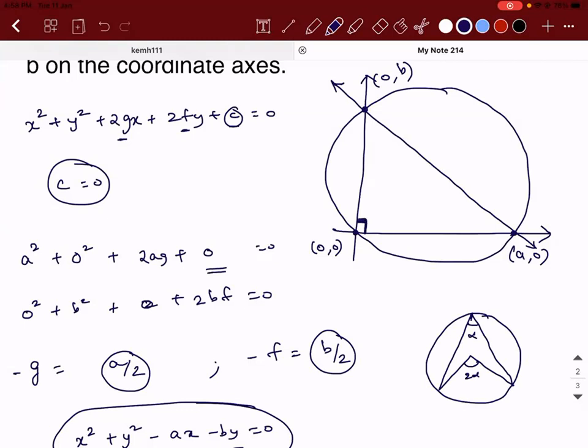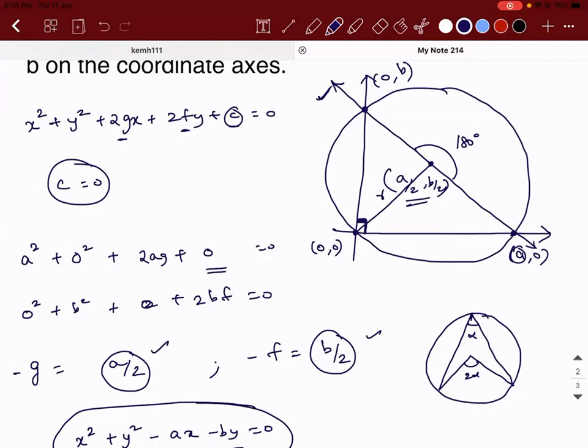So the angle subtended is 180 degrees here. Sorry, 90 degrees here, so it is 180 at the center. When it is 180 degrees, the center will lie on this line, which means this line itself is a diameter. Are you able to understand what I'm trying to say? When this is the diameter, the midpoint will be a by 2 comma b by 2. Is that what you got as center? If you join it from the origin to this point, you will get the radius.